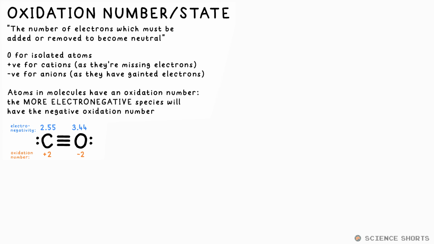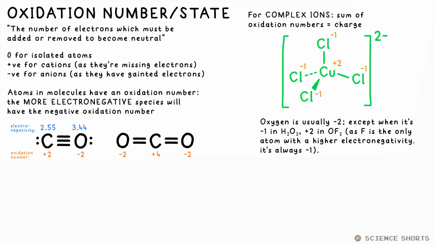So if it's carbon monoxide, the oxygen has an oxidation number of -2, and the carbon must be +2. If it's CO2, there's 2 lots of -2 from the oxygen, so carbon must have an oxidation number of +4. If you have a complex ion, the sum of the oxidation numbers add up to its charge. As oxygen is usually -2, we add on the charge of the ion to infer what the oxidation number is